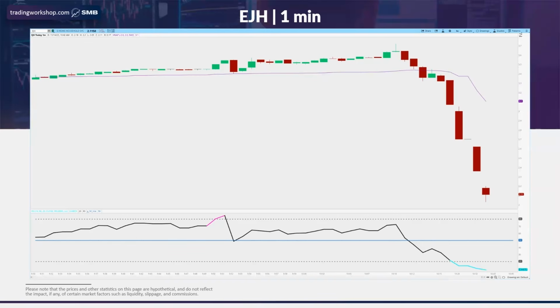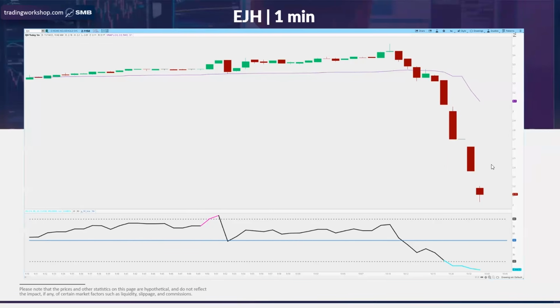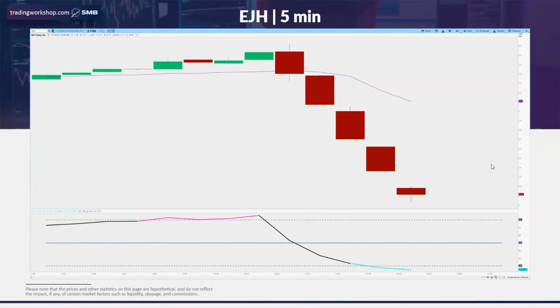It just means, okay, this thing is starting to set up. Let's zoom in, let's see what the tape looks like, let's get our trigger ready. So perfect. We have EJH, overextension to the downside. It's like the mirror image of the last trade. I think this was a liquidation or something, which is quite insane. But yeah, we're getting the oversold signal on the RSI 1 minute. So we're going to check the 5, and we're getting it there as well. So we've got this thing setting up. And so what do